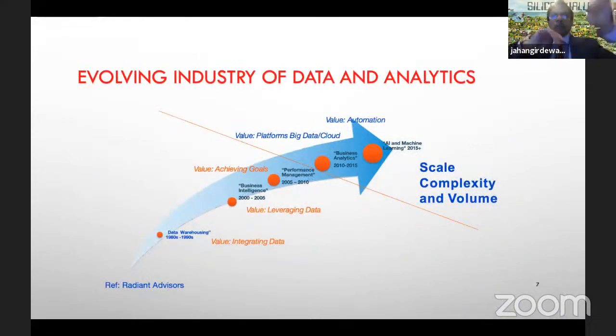So here is a timeline where we have seen, in the last 40 years, the evolution of data science. Then we moved to a new paradigm in the last few years. In the last 5-6 years, AI and machine learning became very popular. When we were students, AI was a buzzword. Nobody had heard about machine learning back then, say 30 years ago. Now everybody knows, and every company has a program for machine learning